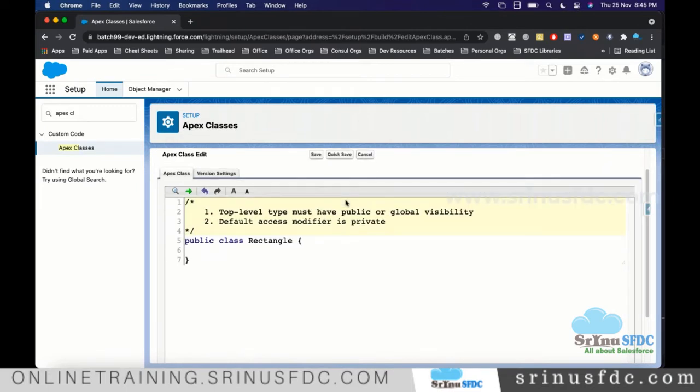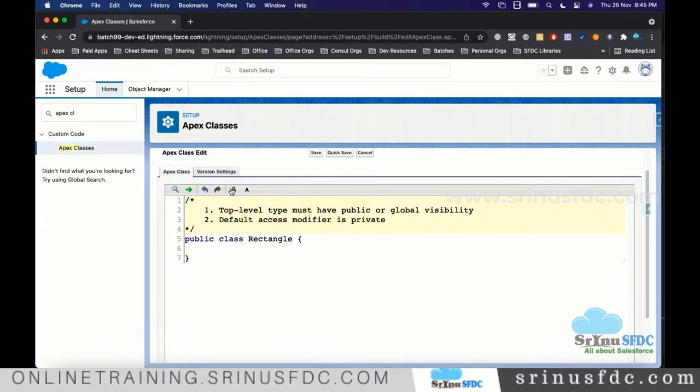So that's it. Now when you see this class, really nothing is required. We just created it and there is nothing in it. It's like we have a car dome, but inside it there is no engine.